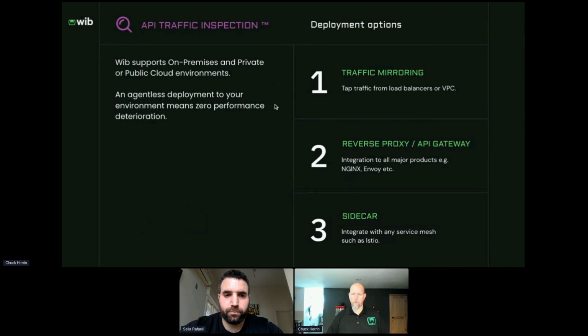So Sella, do you want to talk about the different ways that we can actually gain access and insight into the traffic via the traffic inspector? Sure. So the traffic inspection is installing a defensive piece of software, sort of like an API firewall within your system. So the more technical-minded among us might wonder, what is the architecture of such a deployment, and how does it work with the existing traffic flow that an organization usually has?